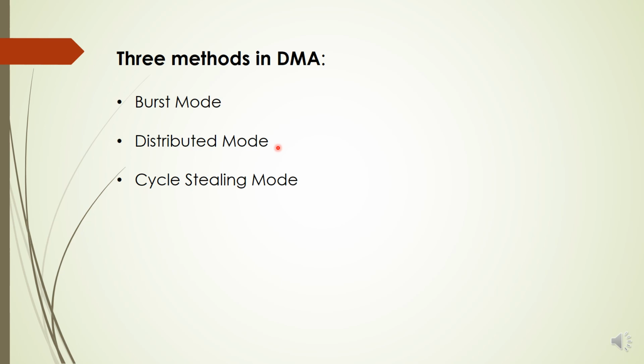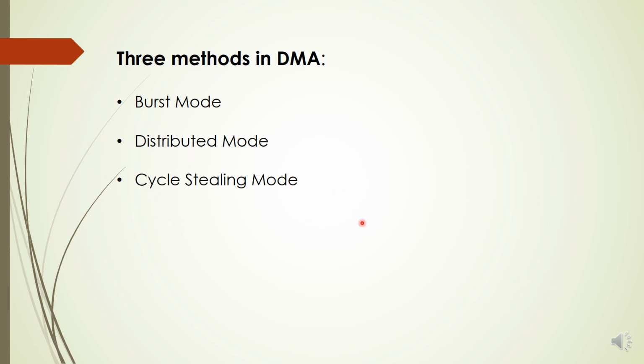Sometimes in real-time systems, there are software timing loops which are required to keep time, to complete a particular timing loop. But the program will be unaware of the machine cycles used by the DMA controller. That can be one disadvantage of the distributed mode wherever a real-time system is using software timing loops. In that case, that portion of machine cycles used by the DMA controller will be unknown to the program.